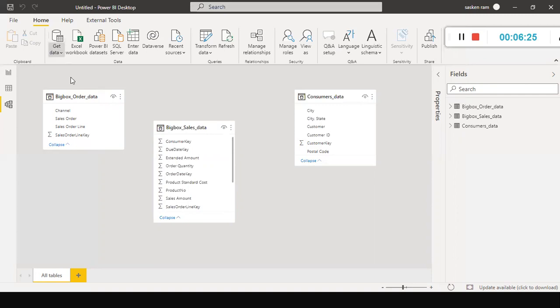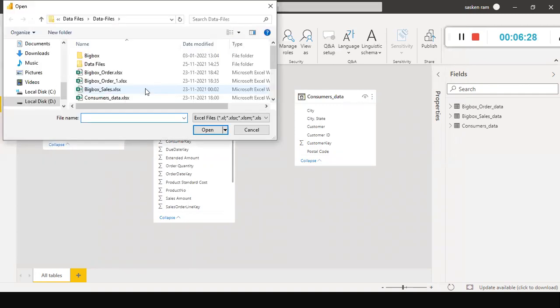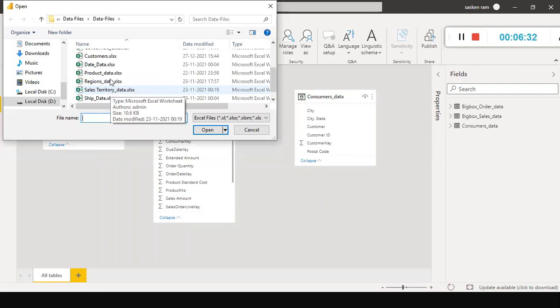Next, for my project I have close to 6 to 7 files. I'm going to select something like regions data.